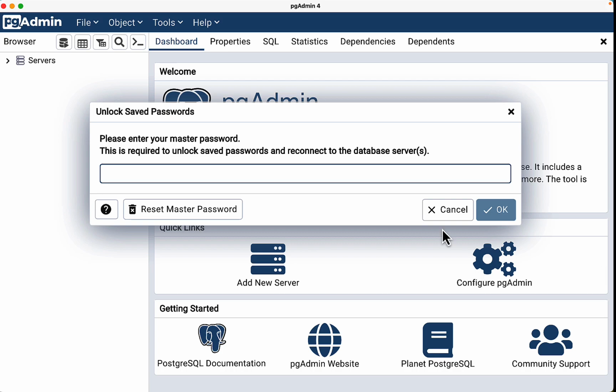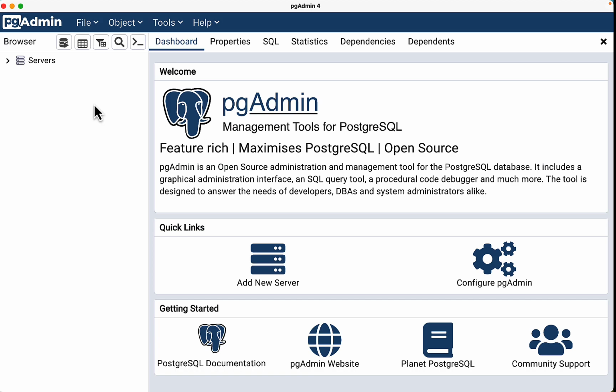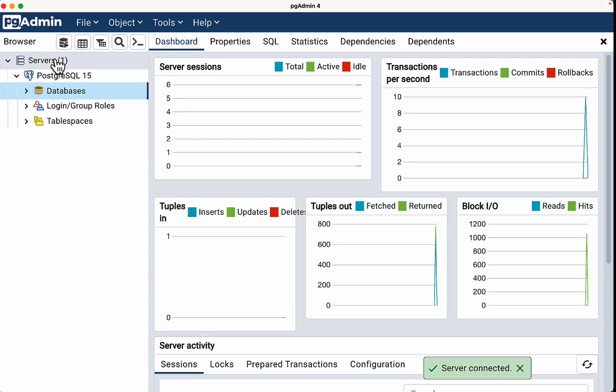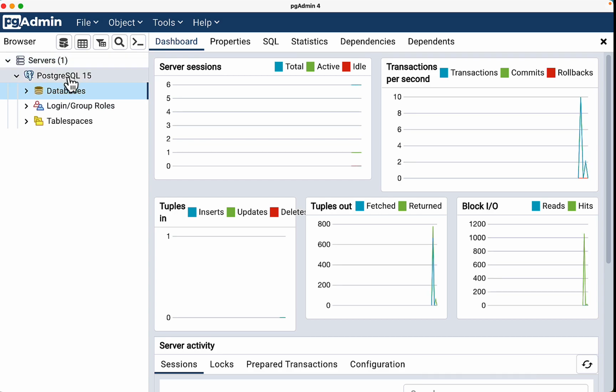So in order to use pgAdmin, that is the tool that is offered by PostgreSQL database, pgAdmin is a UI tool where we'll be having UI features to create the database schemas and the database objects. So first thing is I'm going to log in to the database using the credentials, and upon providing the credentials, the server instance will be enabled for us. So as you can see, there is a single PostgreSQL server instance up and running, and under that you'll